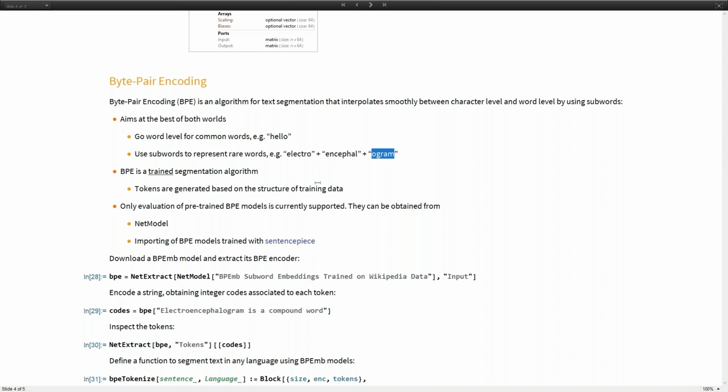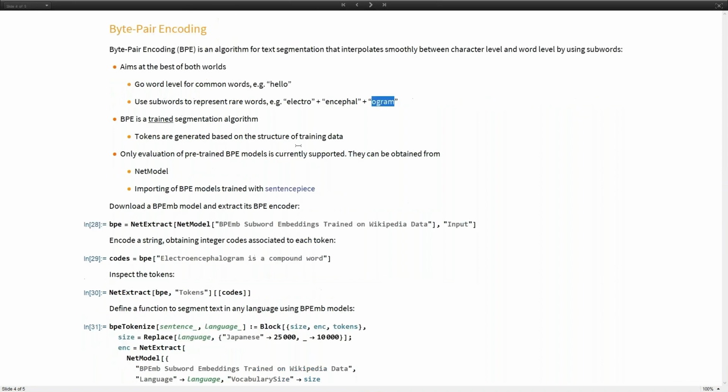You can find a link in here. This is a very common, basically now the reference implementation for BPE, and models trained with this can be imported in Mathematica, and they will become a net encoder. All of this is implemented into a net encoder of type BPE subword tokens, as we will see here.